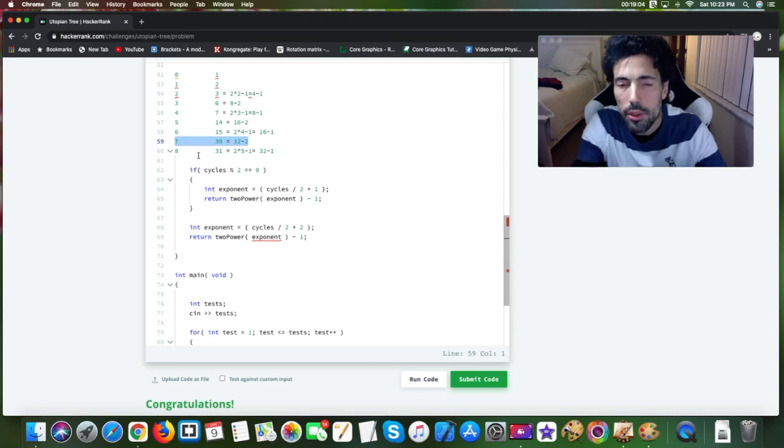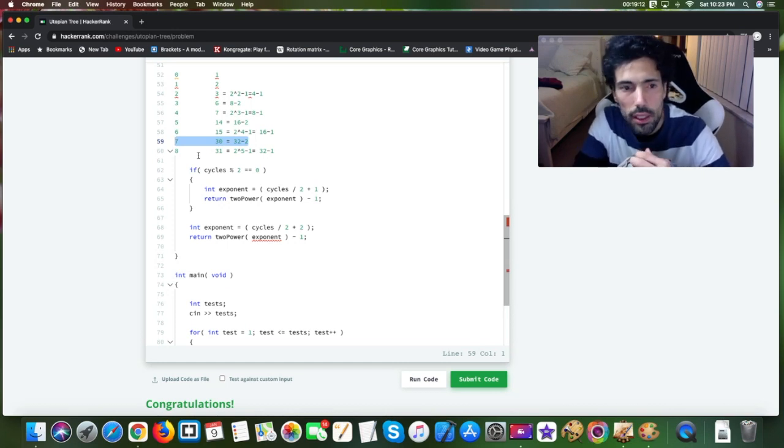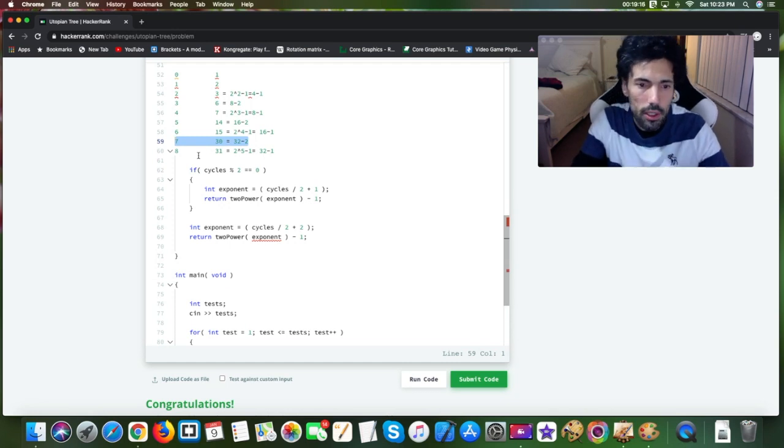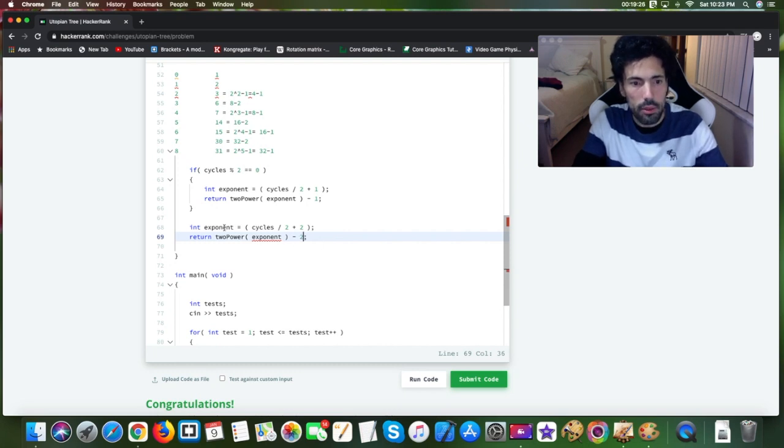In the computer, when you divide integers, it gives you the floor of the division. For example, 7 divided by 2 is 3. So in this case it's 3 and then you add 2. So it is the cycles divided by 2 and then added 2, and then after that you have to subtract 2. 2 to the power of exponent,